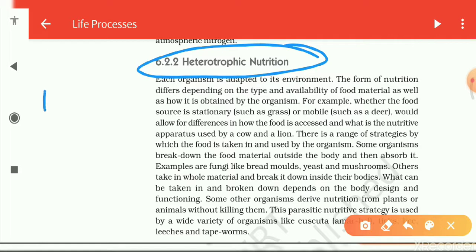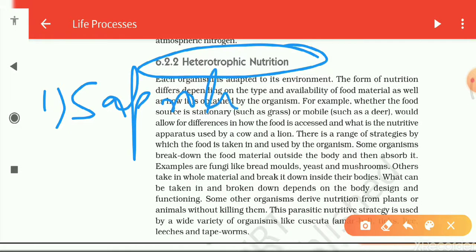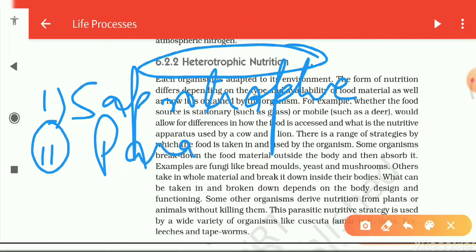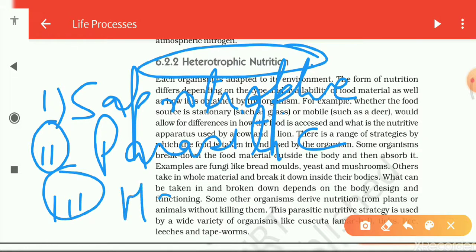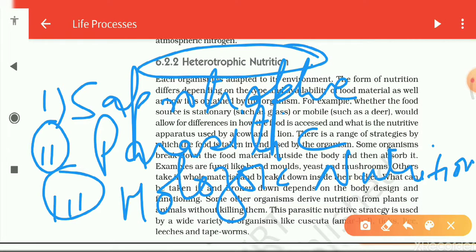First one is saprotrophic nutrition, second one is parasitic nutrition, and the third one is holozoic nutrition. Now students, in your book it is not given clearly, only explained in the paragraph, but I will